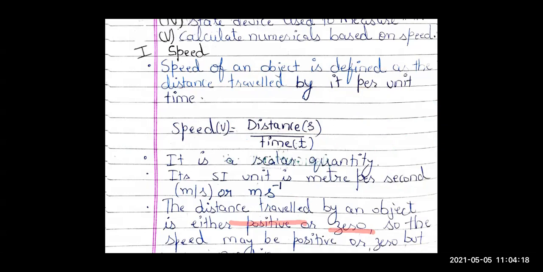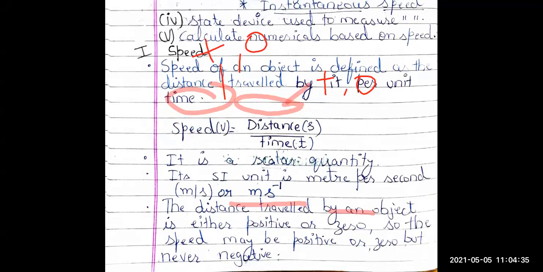So as distance is a scalar quantity, so is speed. As with distance, the values possible are only positive or 0. Similarly for speed, the values possible are either positive or 0. Negative value is not possible either for distance or for speed. Speed cannot be negative,